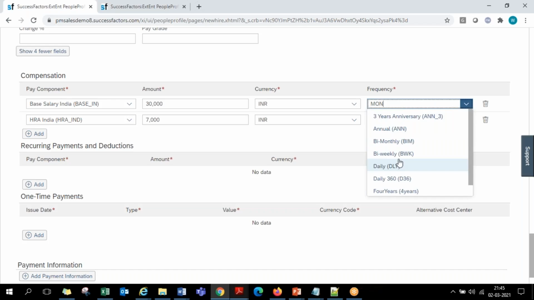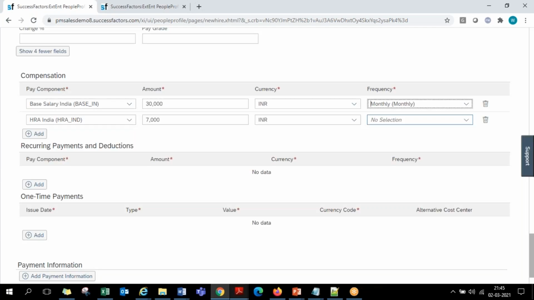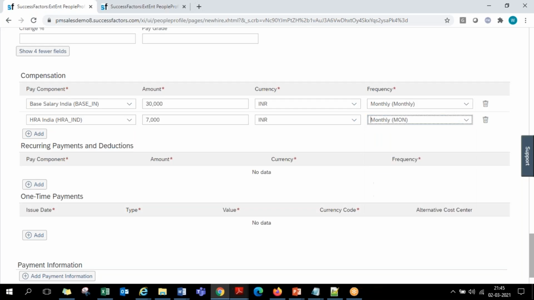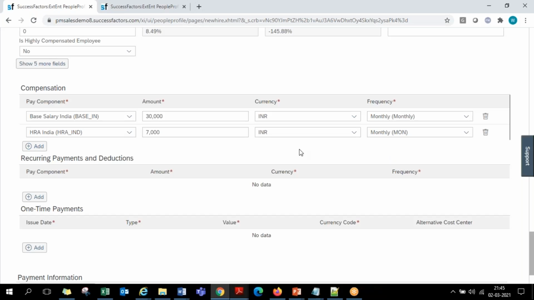We can choose among them. SF standard has given different frequencies. Monthly. So covering the global customer requirements, the different frequencies are given here. So whichever we would require, we can just select them. So this way we have these things.